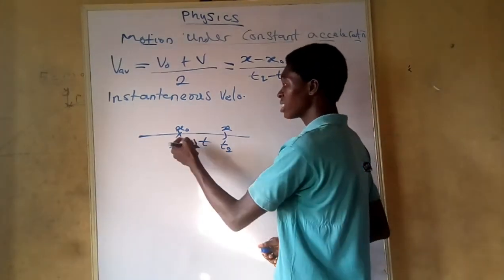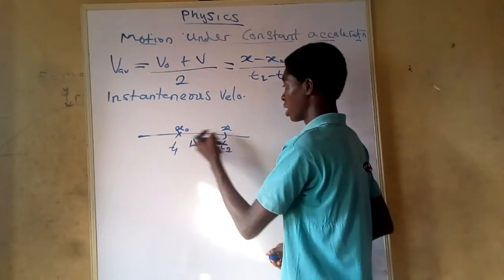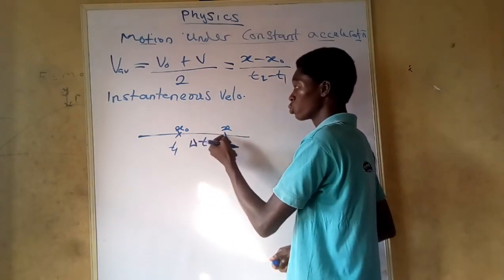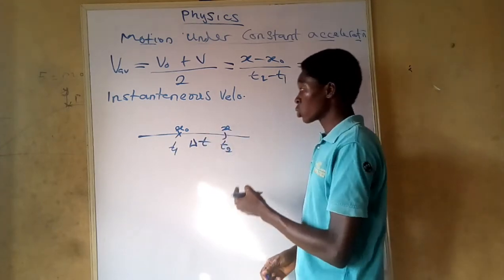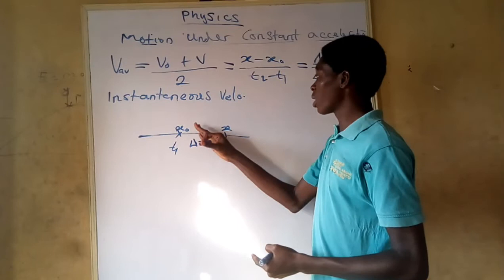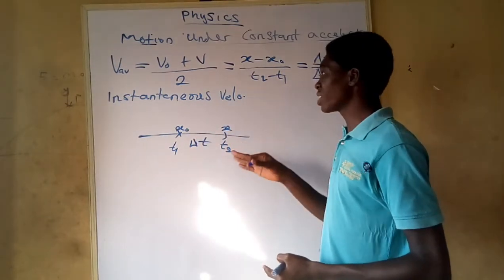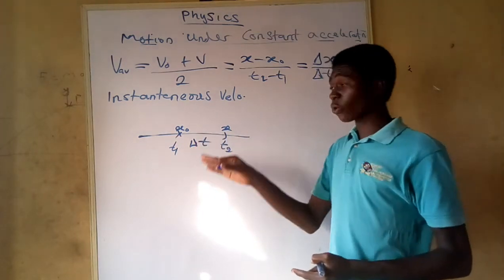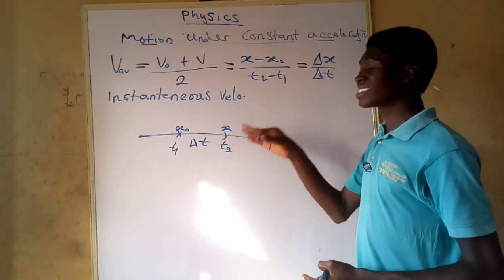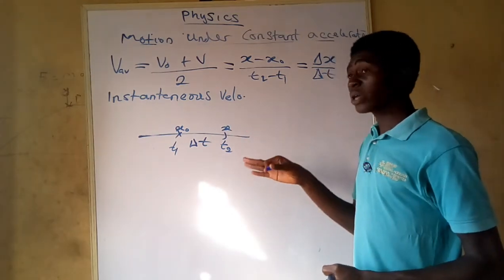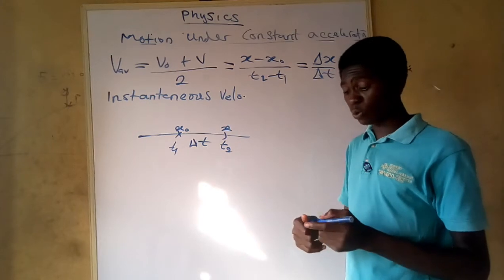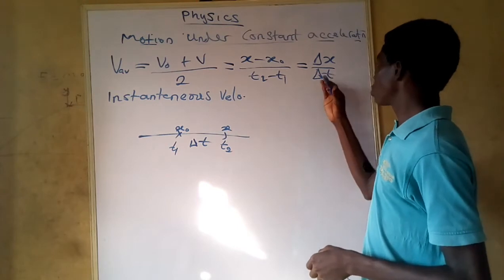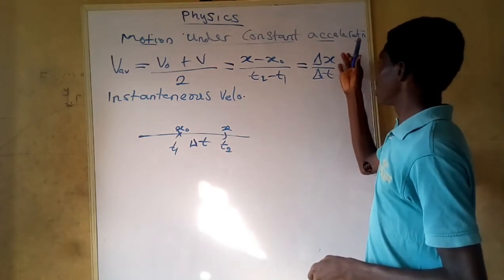If we have this distance from x naught to x, why not draw this x naught very very close to x, so that the time taken for it to move from x naught to x is very very small, tending to zero. When it is tending to zero, we begin to talk about limit and derivative. So that means we are forced to do that. It is going to be a derivative of this.